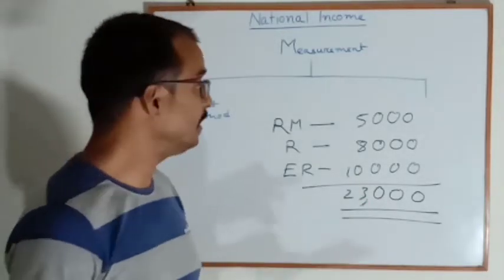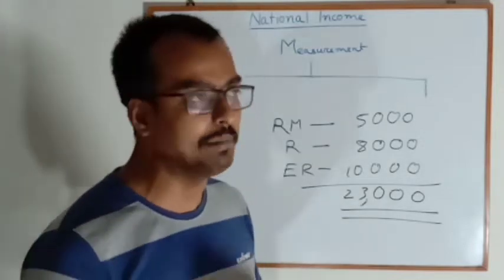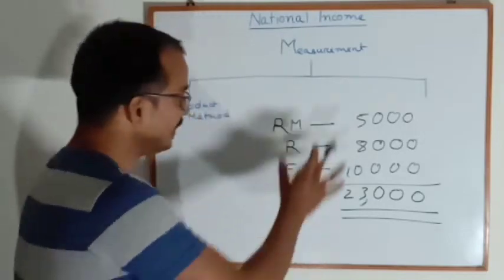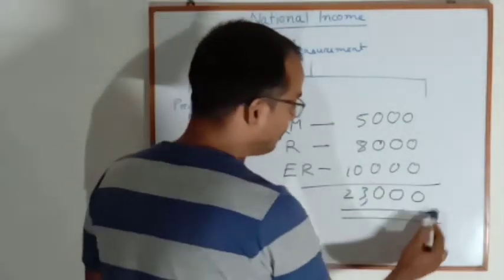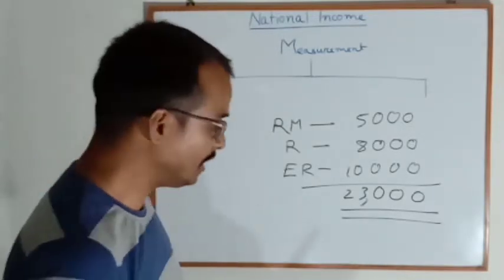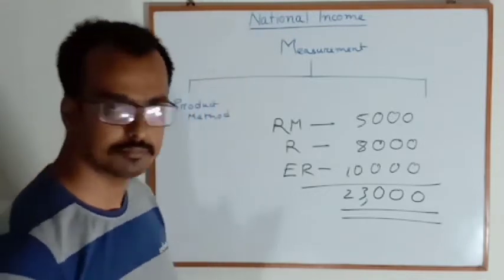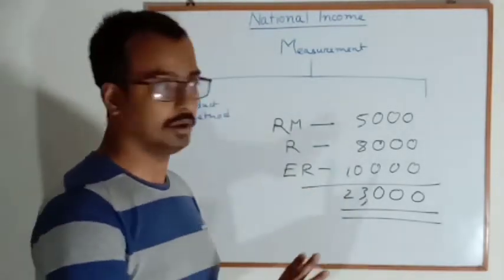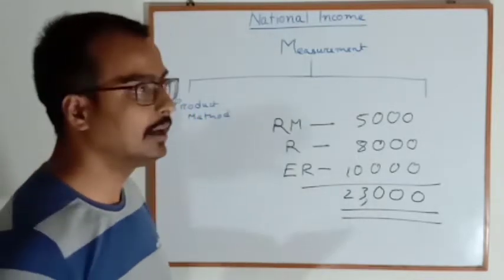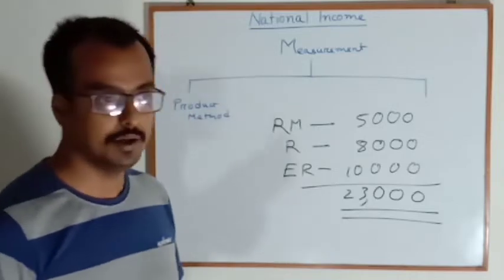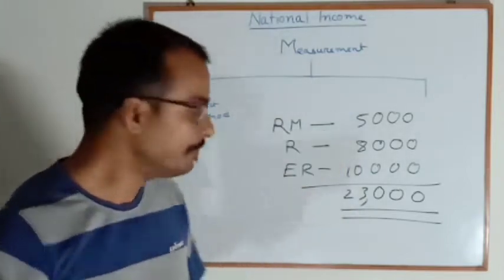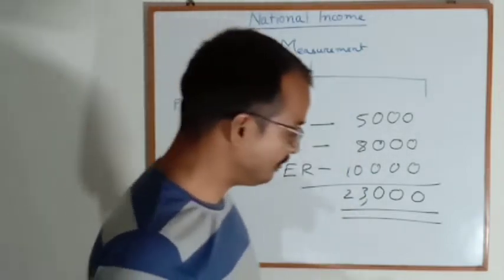So though its name is double counting, it may be counted twice, thrice, or 4 times or 5 times. So this is the problem. It gives you a wrong notion of the income. So what is the solution of this problem? Is there any solution? Because this type of situation may happen. Yes. In every good and service, you get this type of problem. Not a single person does everything. He purchases something from someone else and makes it. So what is the solution for this?